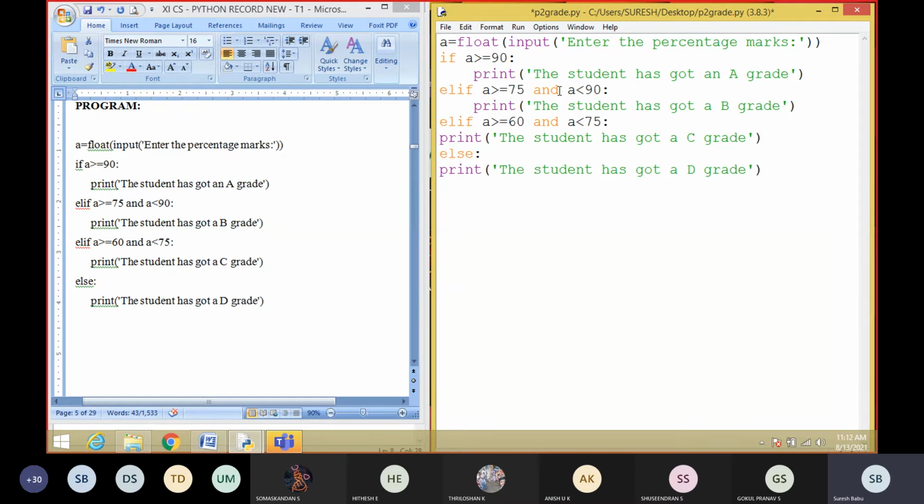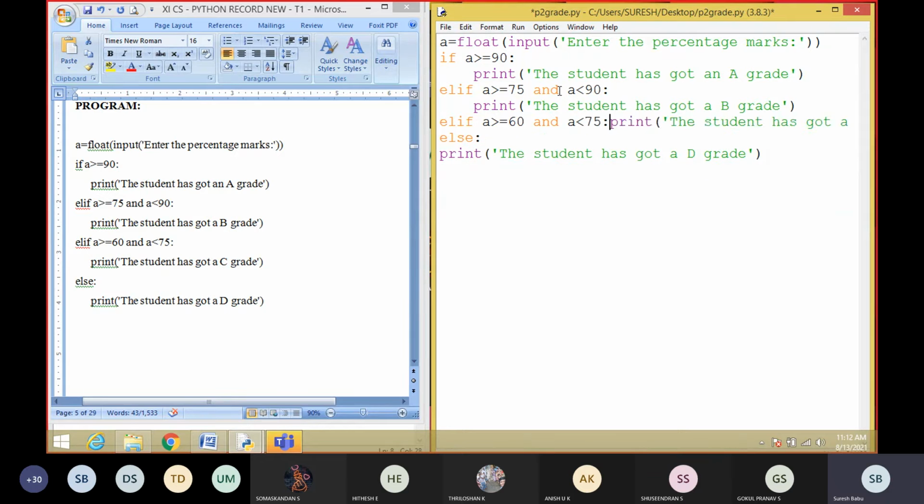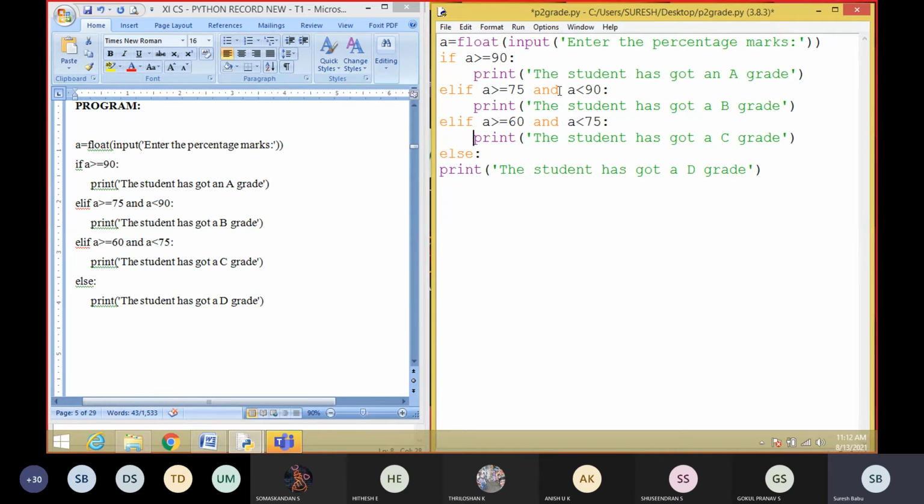Suppose he or she got less than 75, it will go for the next condition, whether he got between 60 to 75. If it is satisfied we can print the student has got a C grade. Suppose this is also failed, we can easily say the last false case, the student has got a D grade. That is the last grade.